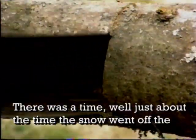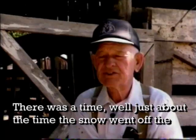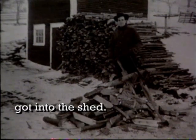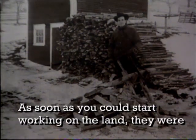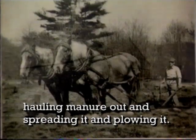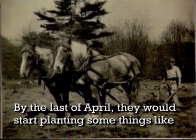There was a time, just about the time the snow went off the ground, they had a wood pile that they sawed up, split, and got into the shed. As soon as you could start working on the land, they were hauling manure out and spreading it and plowing it. By the last of April,